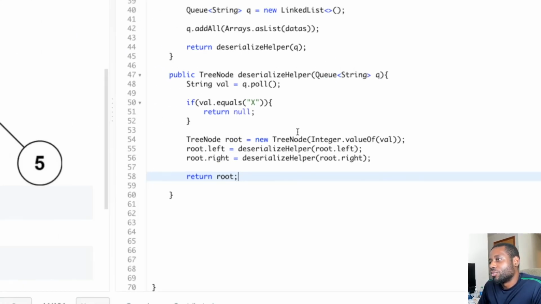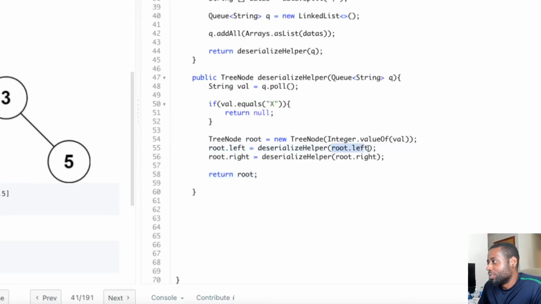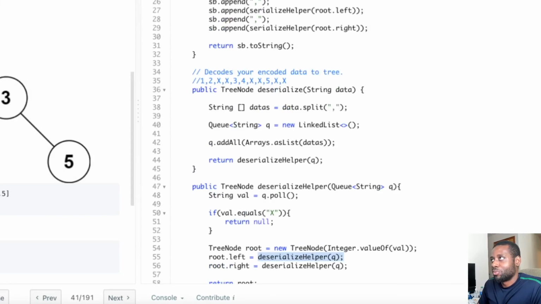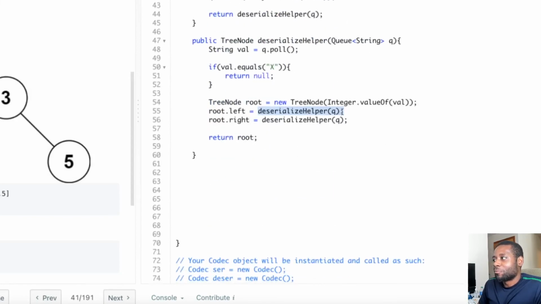And just like that, guys, because we're passing, what am I doing? I'm tripping, I meant to put Q. So we just pass in the Q. We pass in the Q for the left side, which takes care of the left subtree, because we serialized the left subtree when we did it. After it's done doing everything on the left side, we go on the right side, and we pass in the Q as well.